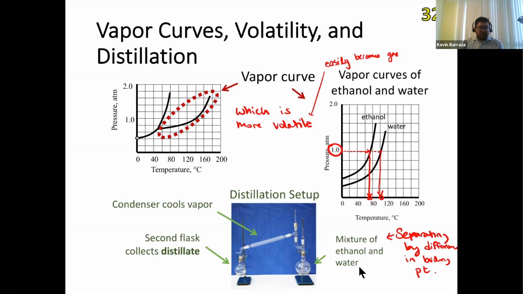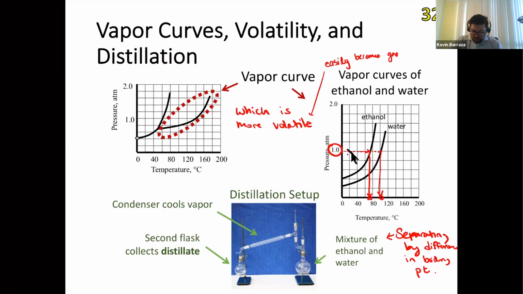Because we have two liquids with very different boiling points, ethanol boils at a much lower temperature than water. What's going to happen is that we'll put this flask under a Bunsen burner, or maybe just start heating it with a heater. And the ethanol will begin to boil before the water. So the water remains as a liquid, but according to this, and again, we can prove it by saying, well,